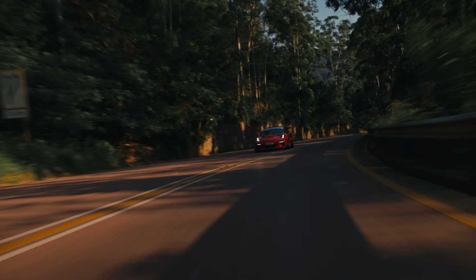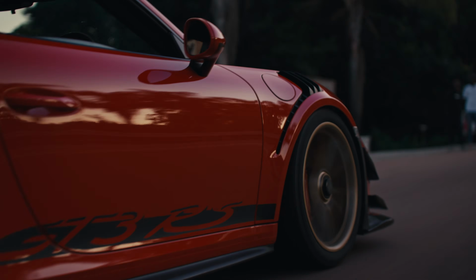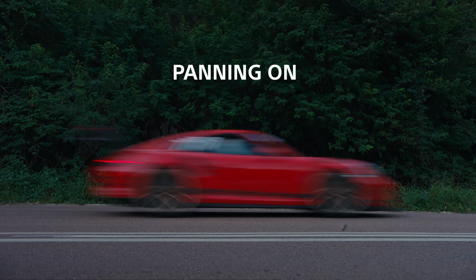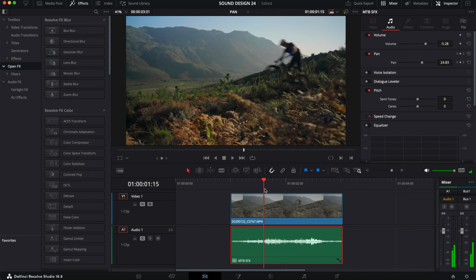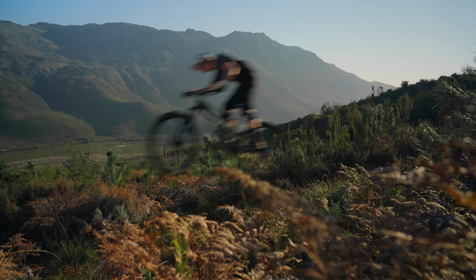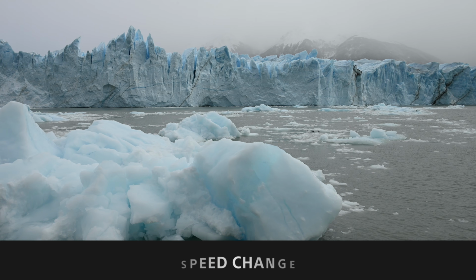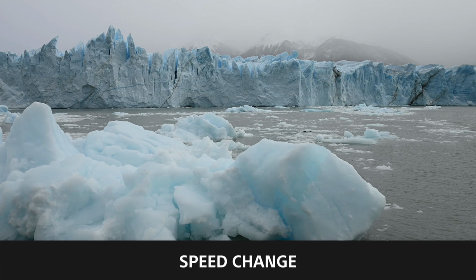Another way to create more realism with your sound is to pan the left and right channel according to the movements in the frame. A car driving from left to right. A bicycle zipping past from right to left. This effect is an absolute must on any sounds where the subject moves over a significant area of the frame. When keyframing the sound, you want to keep the ratio at 80:20 so that you don't completely lose the sound in the opposite channel. You can also speed up or slow down sounds to get more options out of it.